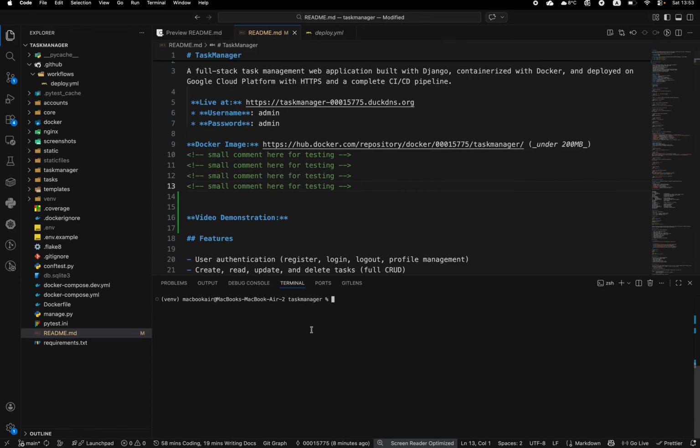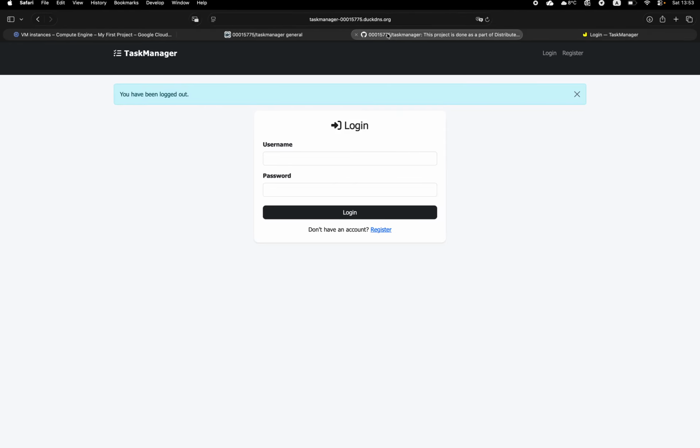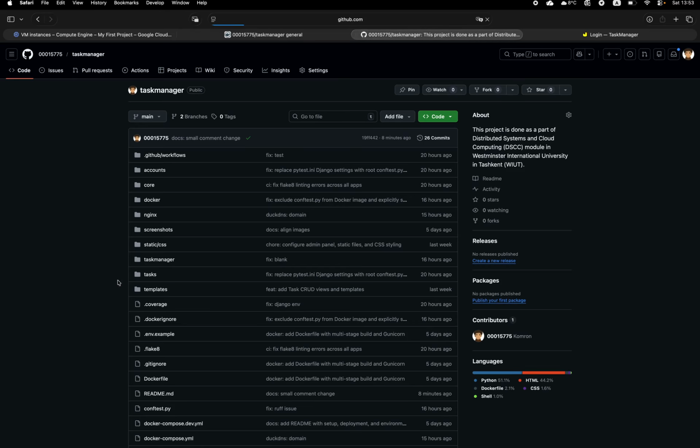Adding small comments and pushing it to the main branch. And push it. Nice. And now